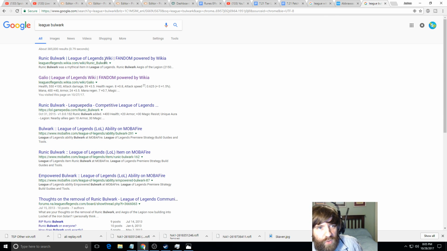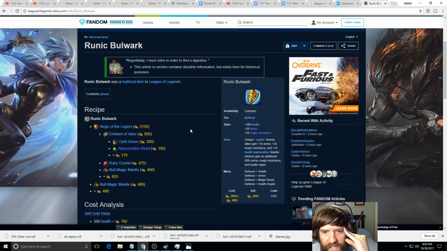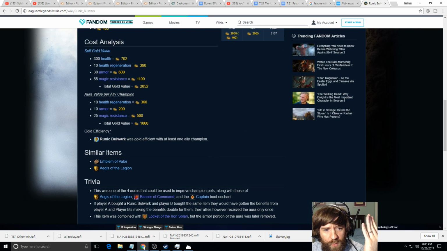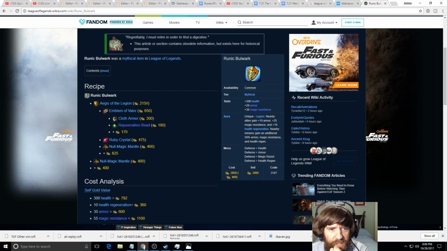This is what it was for a really long time, Runic Bulwark. Okay? If you look at an item like this, this was the default item for a really long time, right? So it was only 2,100 gold, roughly, and it gave you 300 health, 20 armor, 30 magic resist, and it gave all allies, including you, 10 armor, 25 magic resist, 10 health regeneration,